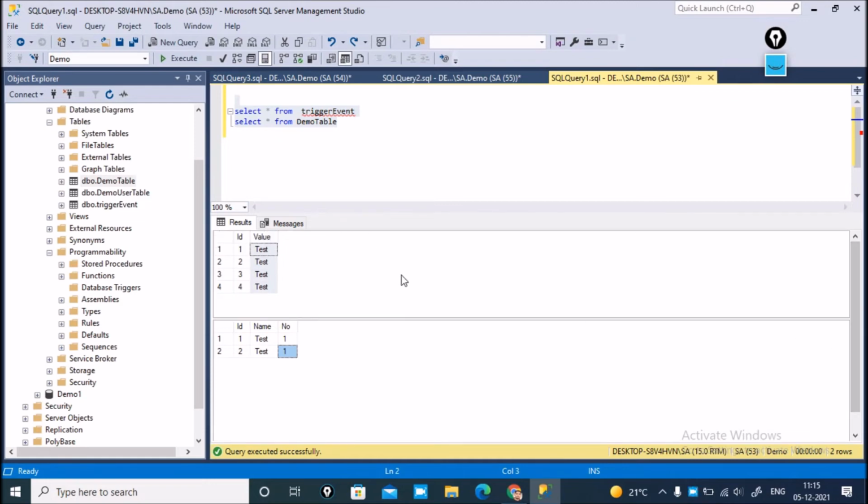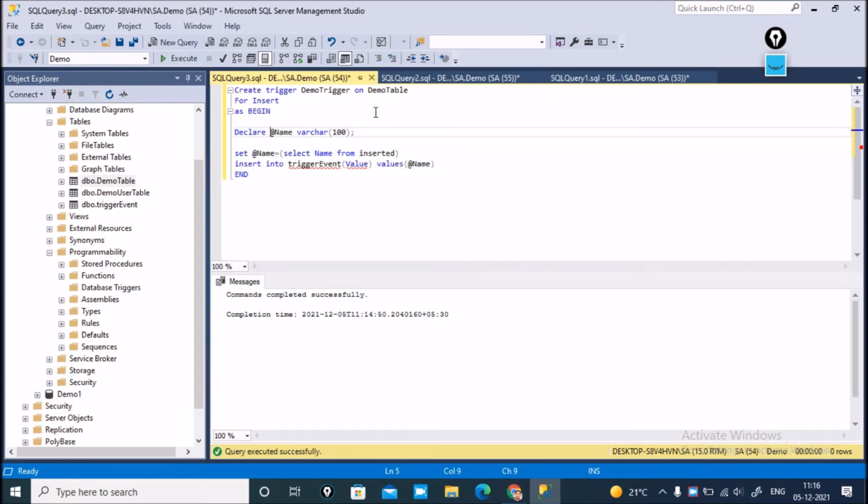And the question is, this table contains 2 records, but this table contains more than 2 records. Why? The reason is that this demo table trigger event fires 2 times, and from this trigger, I have already created another trigger. 2 triggers fire on this table.